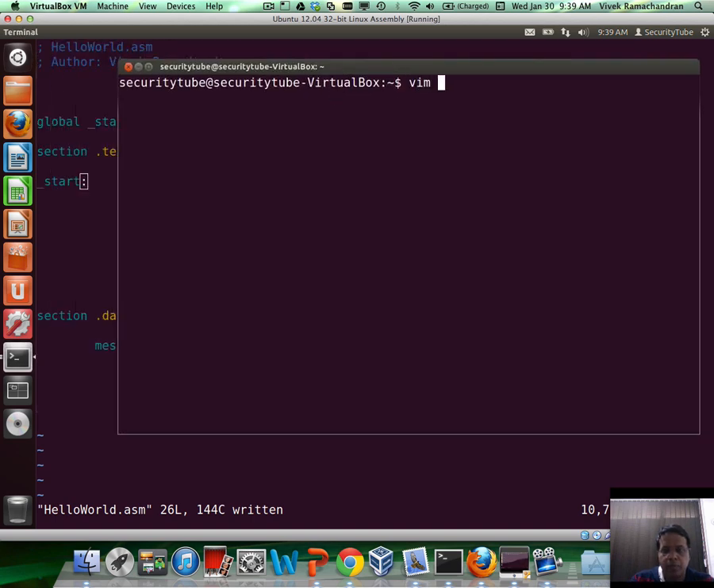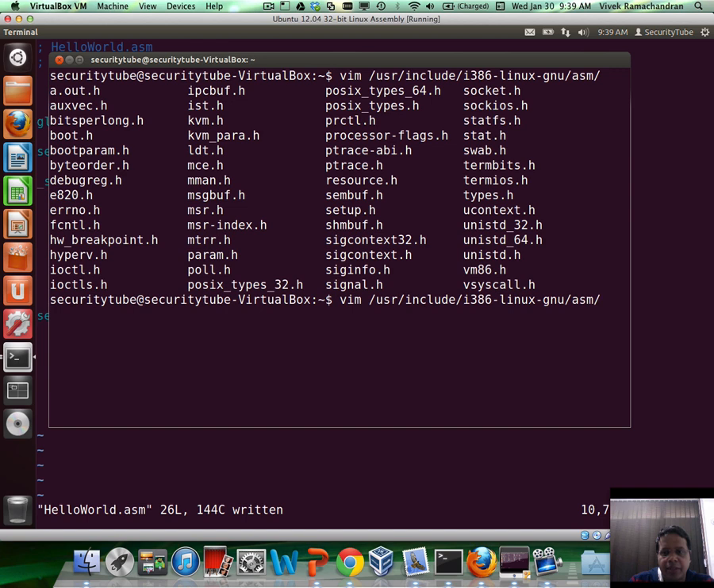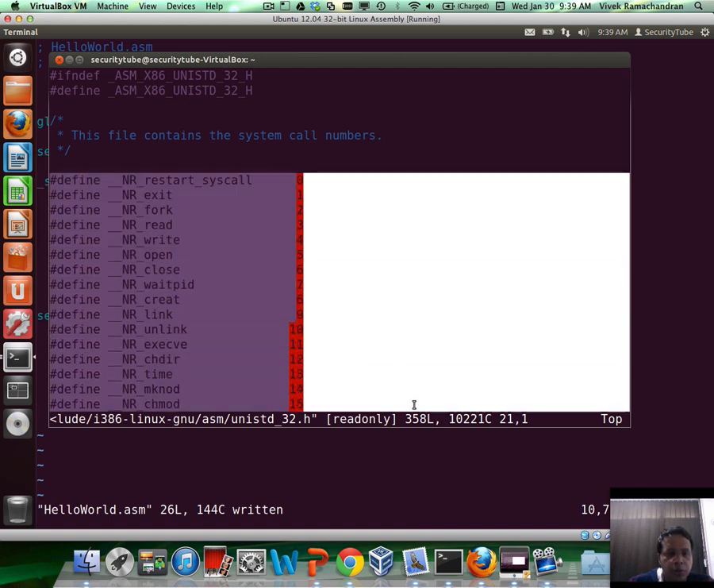And I'm going to open up the file /usr/include/i386-linux-gnu. And remember, if you use a different system, the location would be different. And then after that, you have a bunch of files in here. The one we are interested in is the 32-bit one, which is unistd_32.h. And this mentions the full list of system calls which are available to you,